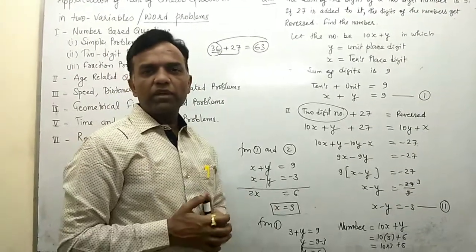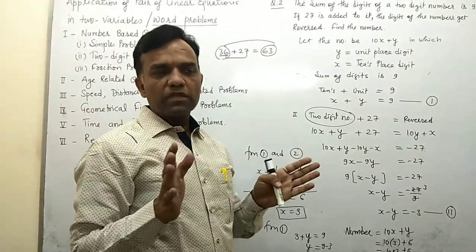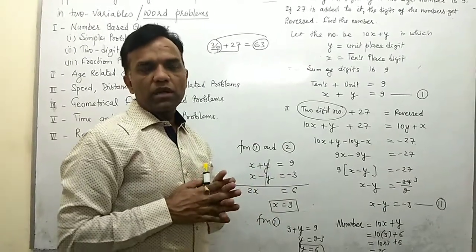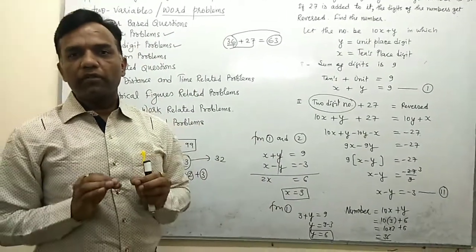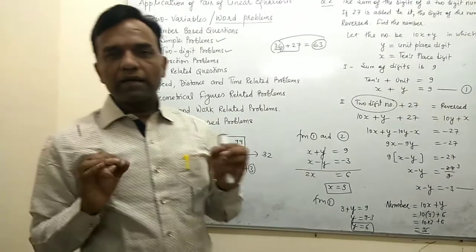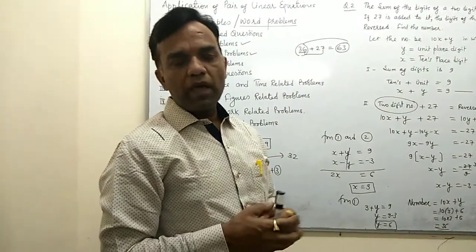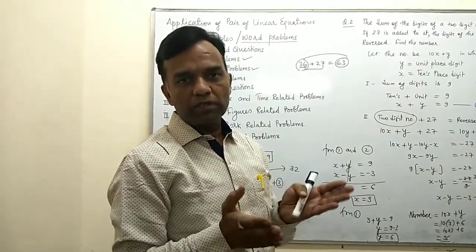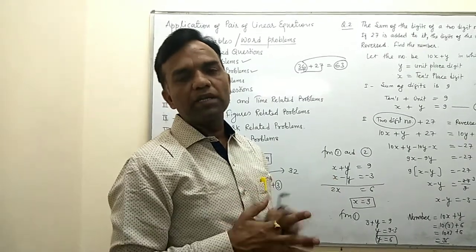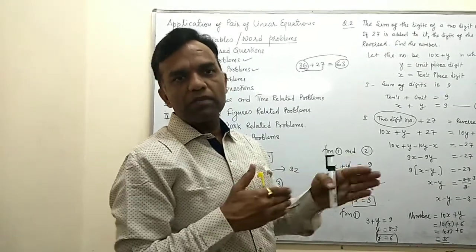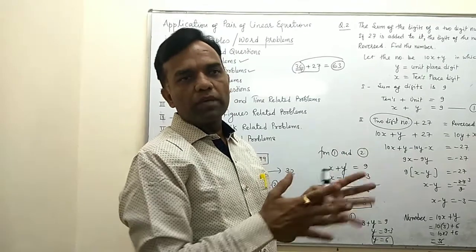Every word problem has this confusion, and that is all. You first bifurcate the question. Every question you read very carefully, at least 3 or 4 times, and then first you bifurcate your statements, like how many conditions are given. First you distinguish your conditions, and then you form the equations.